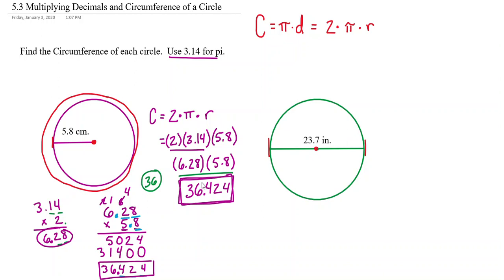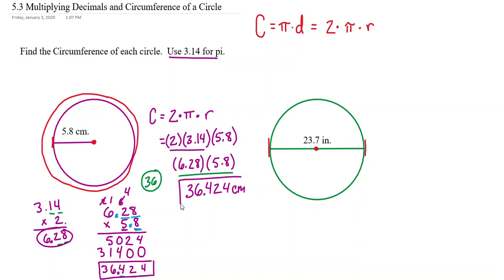Okay, that's the first example. Let's go to the second example. We're going to find the circumference. And we should write our answer in words. This is a word problem. What is the circumference of the circle? The circumference is 36.424